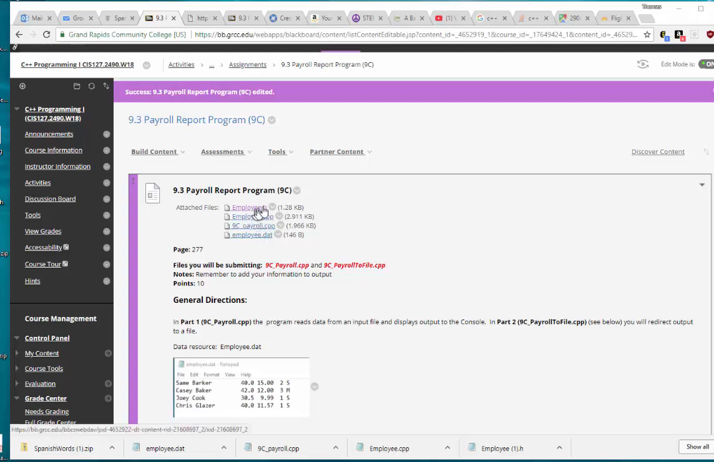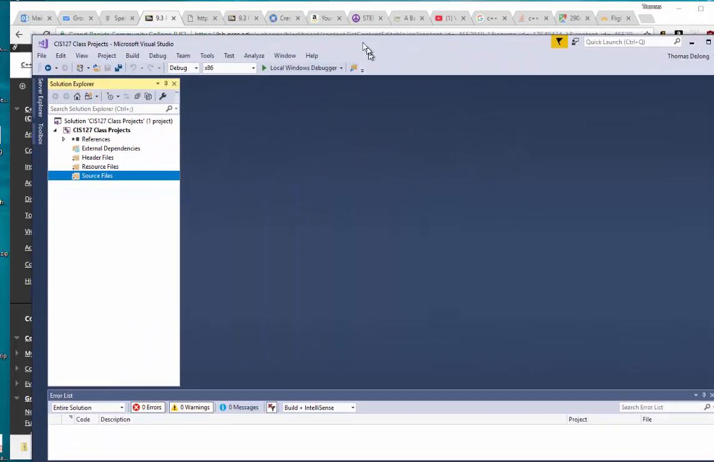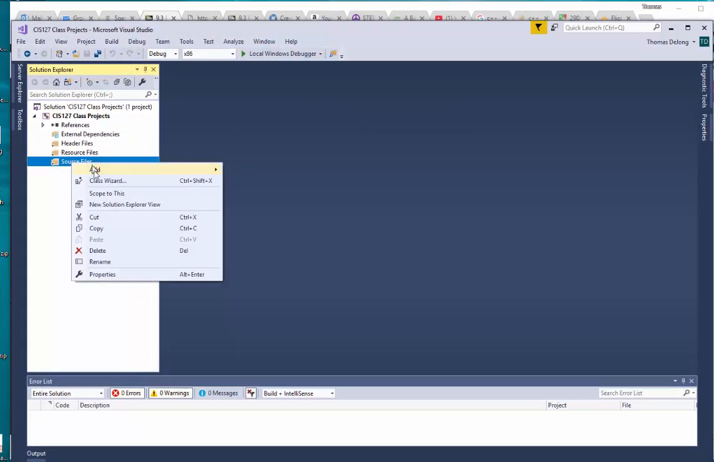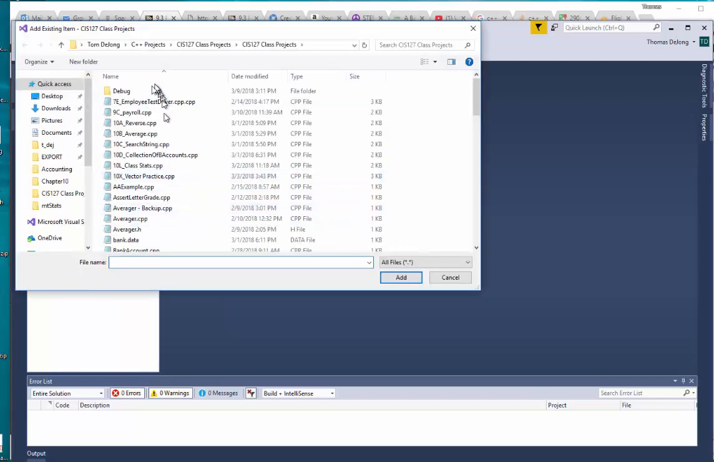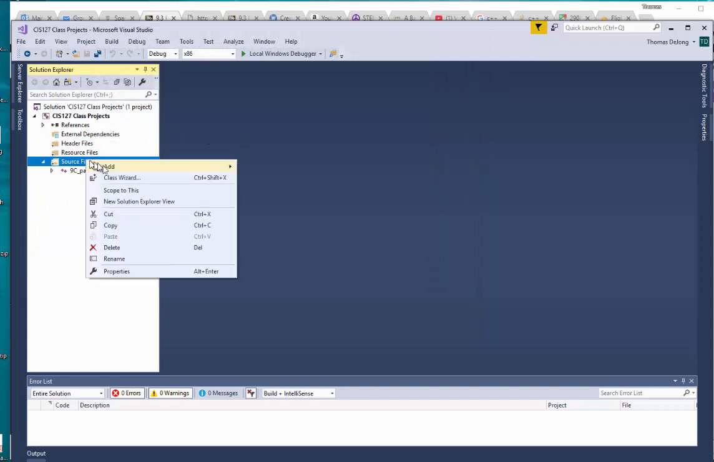You might not need employee.h or employee.cpp. Check in your working folder to see if they're there or not. Otherwise, take and download both of these. Put those in your working folder. After that, you should be able to right click on here and say add an existing item in my 9C payroll. And you also have to add